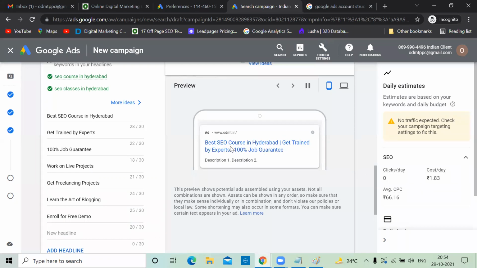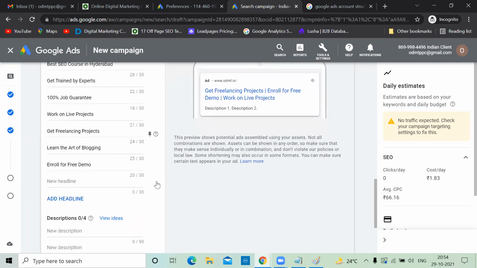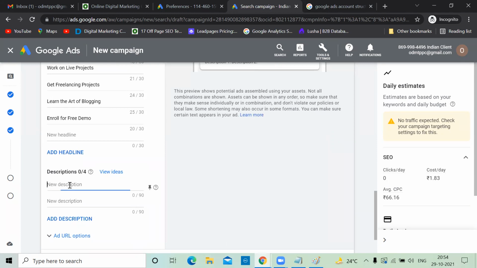Now you keep seeing here, it keeps on changing. Get freelancing project, best SEO course in Hyderabad. It keeps on changing actually. Okay, right. Now description.